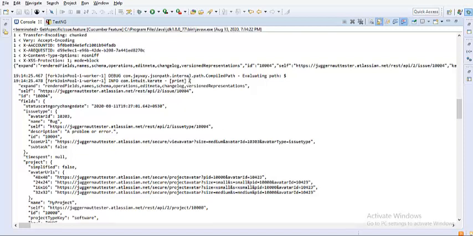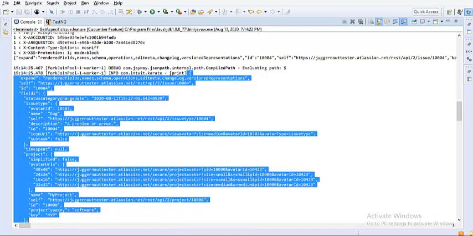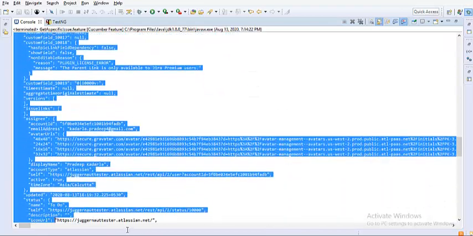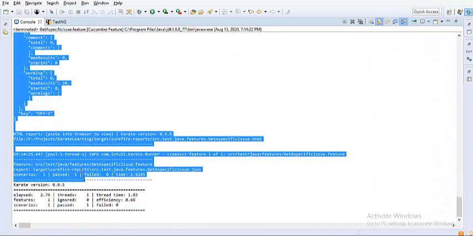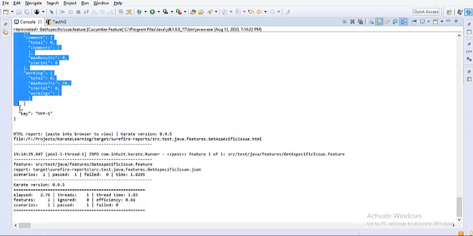I'm copying all the response I have got here and pasting that in the JSON online editor so that it gives me a clear structure of the message: how to navigate to each node, what values are present inside each array, or if it is a nested JSON within the parent JSON, what fields are present and how to get there.